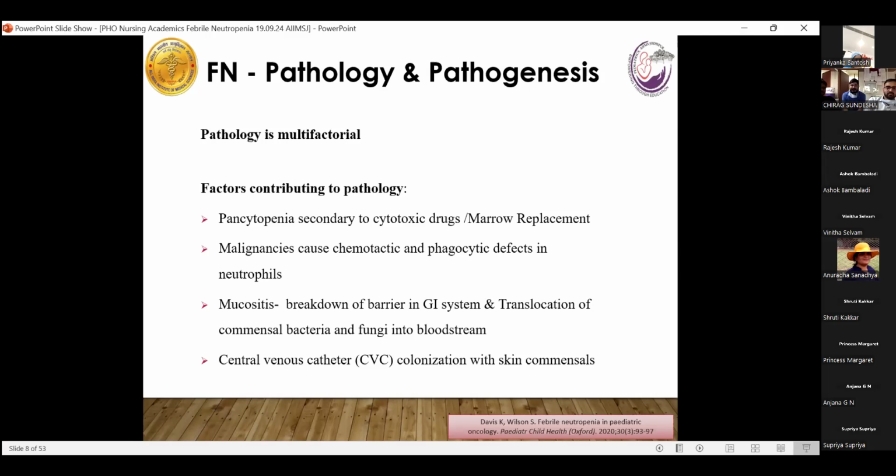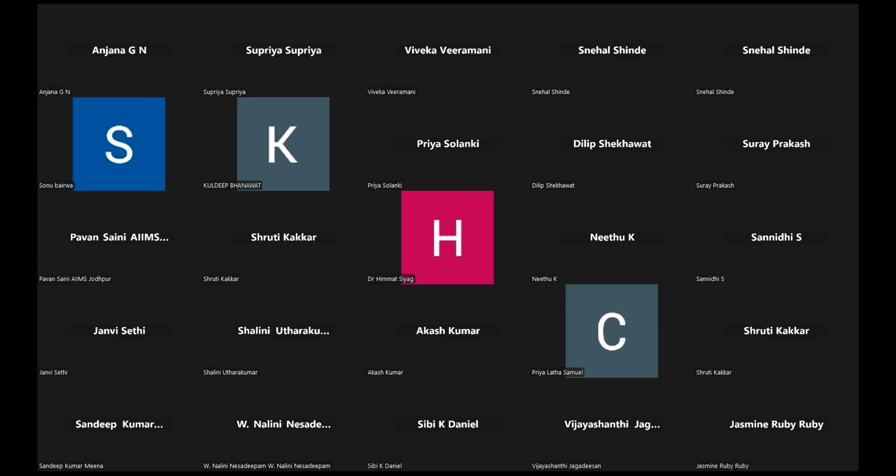Second, the child already has malignancy, and this malignancy affects the chemotactic and phagocytic function of the neutrophils. So that will further lead to febrile neutropenia. Then, due to chemotherapy, there can be